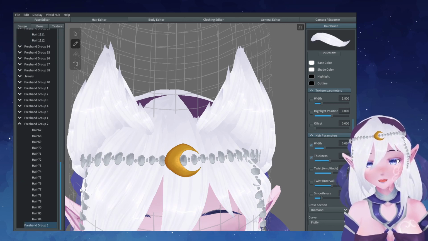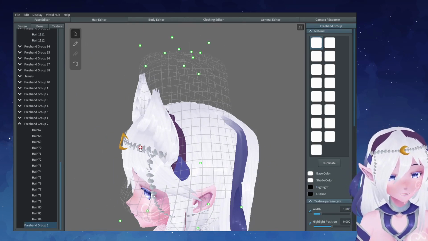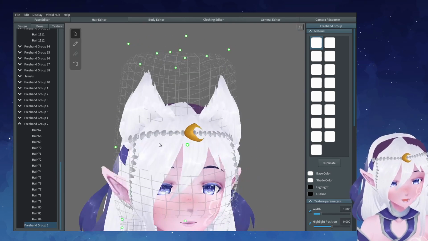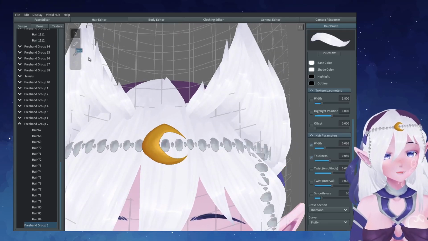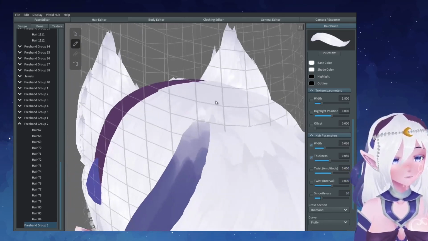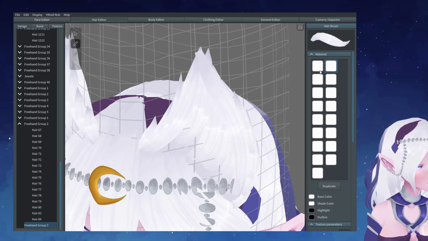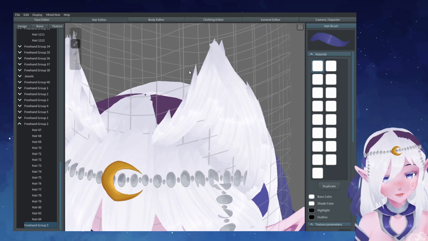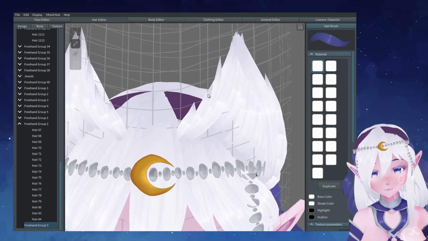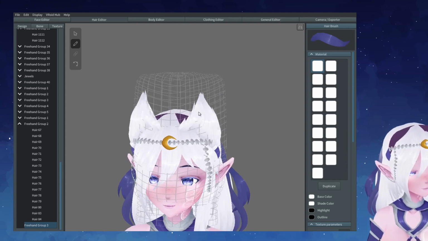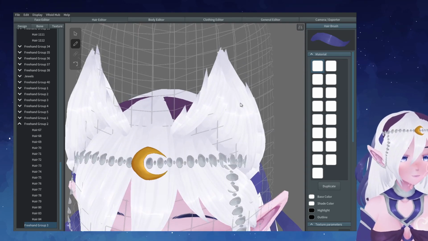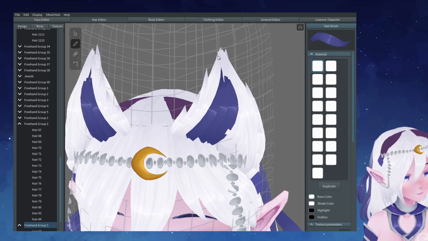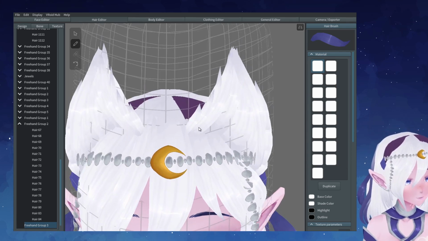And with that group selected that you just made, just adjust it forward a little bit so it's not covering the front of the ears, but it's also not at the back. And then you want the color for the inside of the ears. I'm just going to use blue because it's also a part of my hair. And you don't have to do this, obviously. You can make your own inside, but I like to